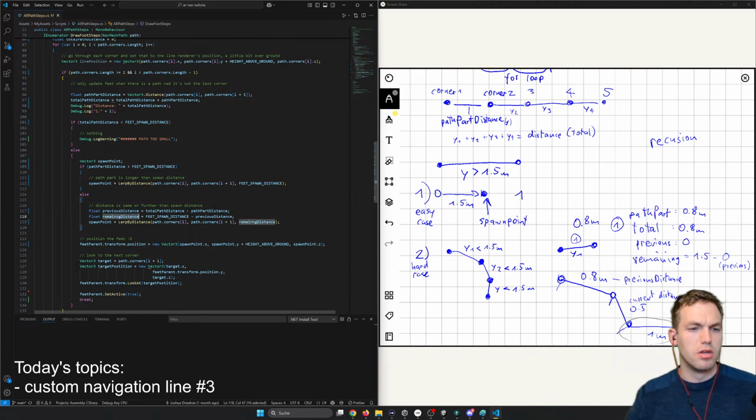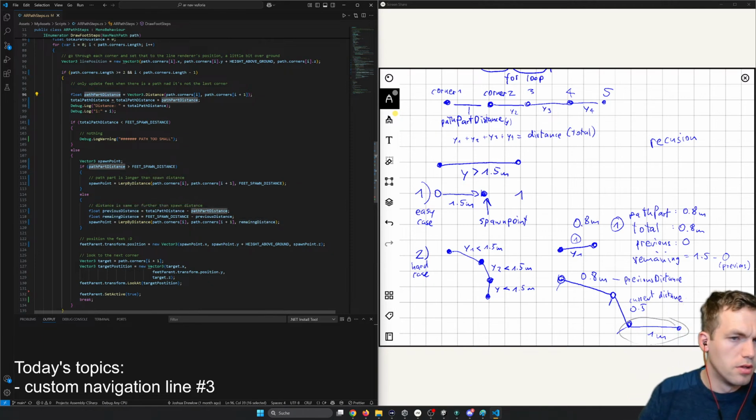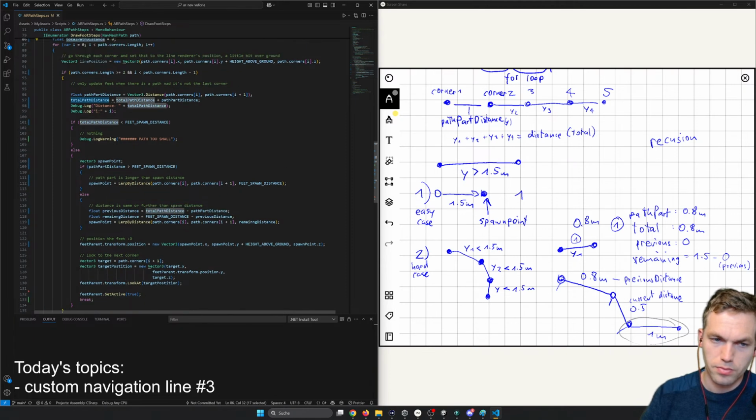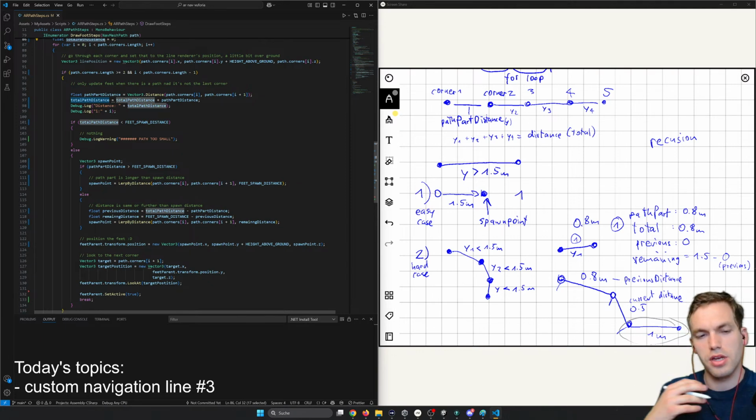another variable, total path part distance maybe. Or is it doing this? Aha. Total path distance is not the total, like the current total. Okay, just good to know. So this is adding up while we loop through. Yeah, that's true. And as soon as we hit